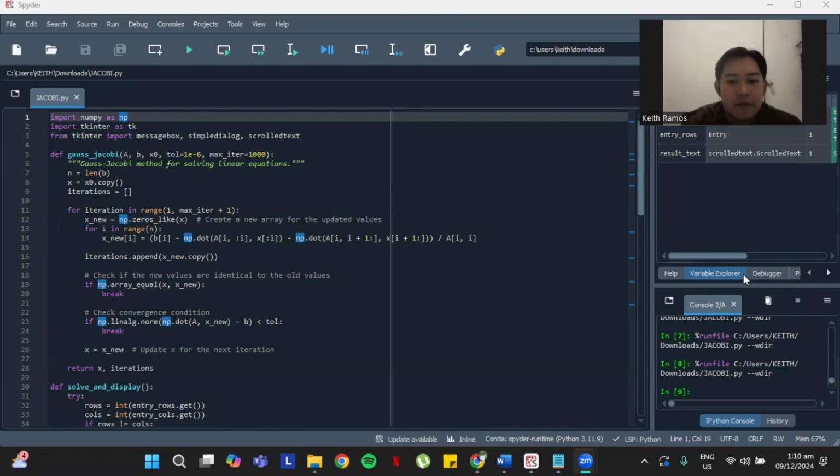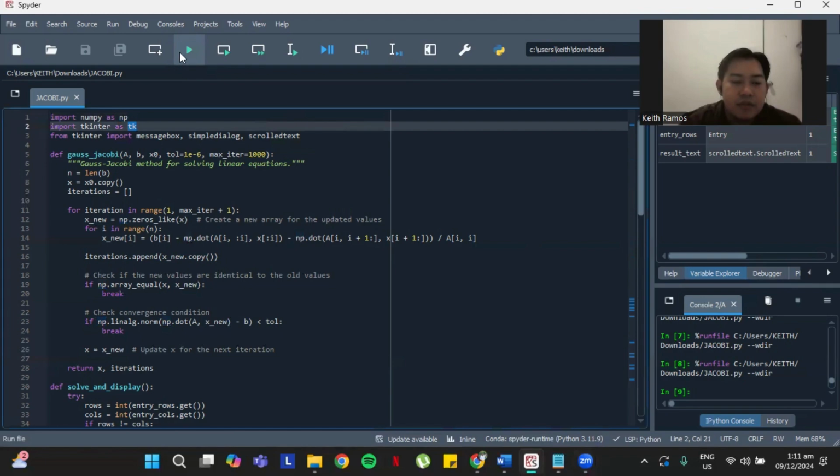The method works best when the equations are set up in a certain way, especially when the diagonal elements of the matrix, the main numbers in each equation, are larger than the sum of the other numbers in their row. While it's not the fastest compared to other methods like the Gauss-Seidel method, its simplicity and ability to handle multiple updates at the same time makes it appealing in some situations. It's especially useful when ease of use and adaptability are more important than speed. So for that,